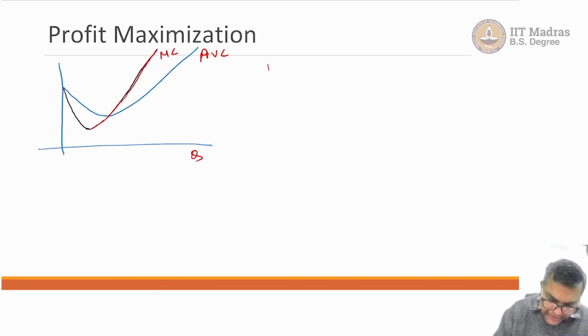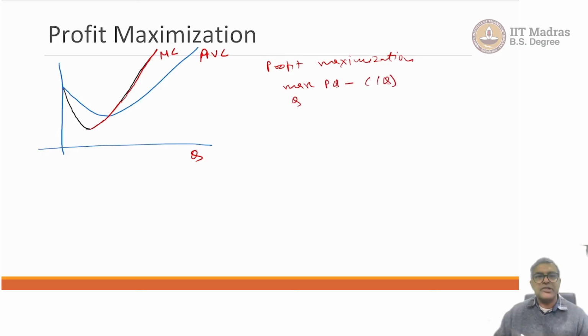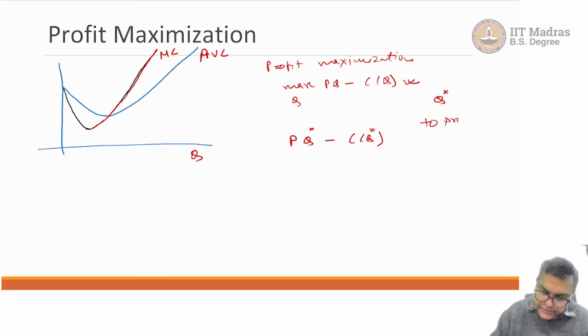When we did the profit maximization, we varied Q, the output. We did the maximum of PQ minus CQ, and we talked about how much Q to use to maximize the profit, but we missed one particular point. What if we don't produce anything? So, let us say that this formulation says that you produce Q star. So, you have PQ star minus CQ star. The other option is also to produce nothing,